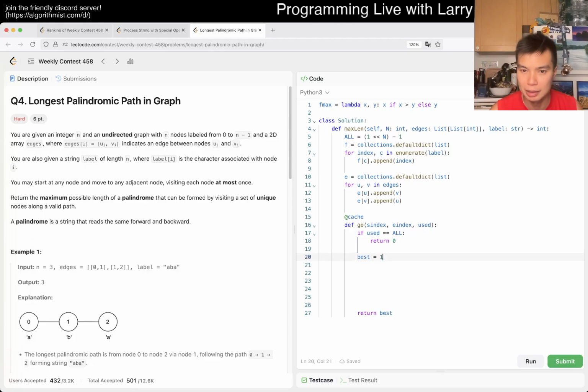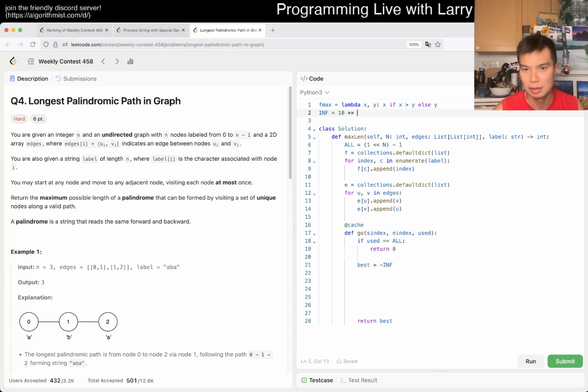And now the best is actually maximum, so negative infinity. If s in the... okay, so we are in the middle. Otherwise,